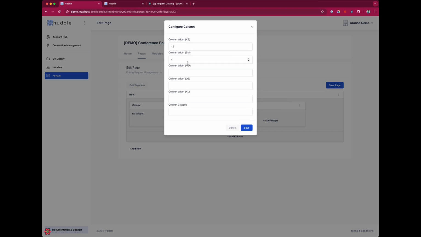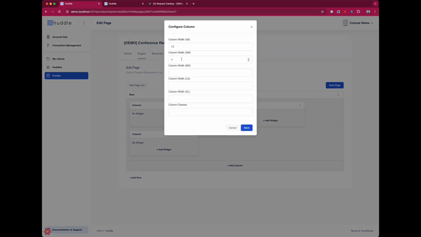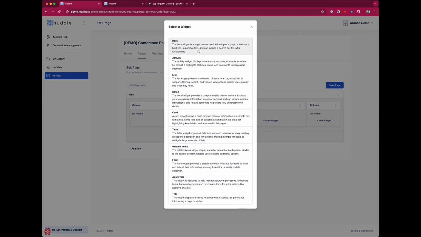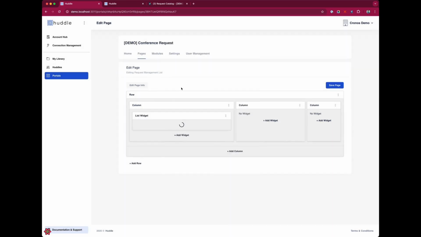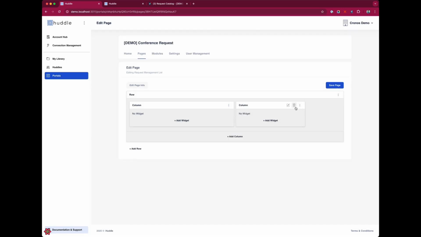I can add a new column. I could say this one's 4. I could add a new column and say, let's say this one's 2 wide. That'll stack all these things up appropriately. The one cool thing here is that I'll add a simple list widget, which I'll go into in a second, but we can then drag and drop widgets from column to column. It's pretty cool. Very simple, no code